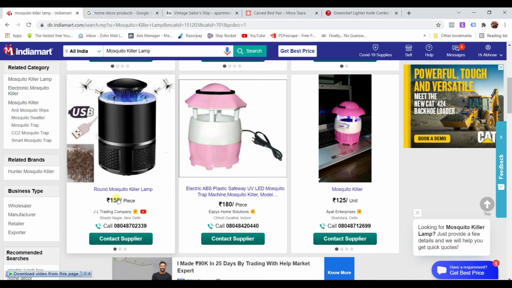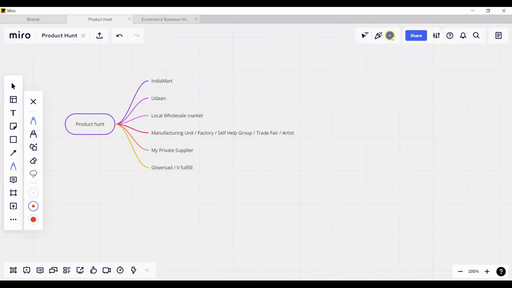So this is the potential of Indian e-commerce, and that is why I always say anyone and everyone can do Indian e-commerce with some basic knowledge. And in this day and age, you don't have to do very hard research. The information is already available. You'll have to just find those and implement. That's it.